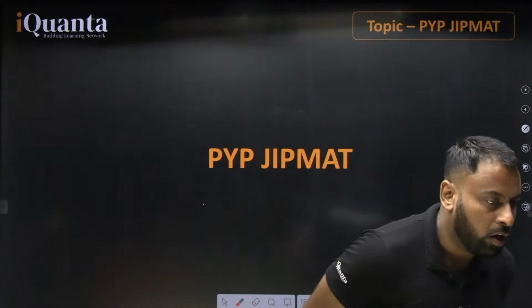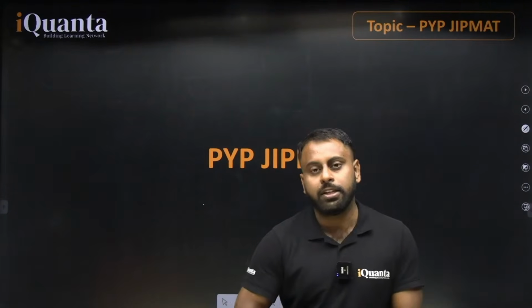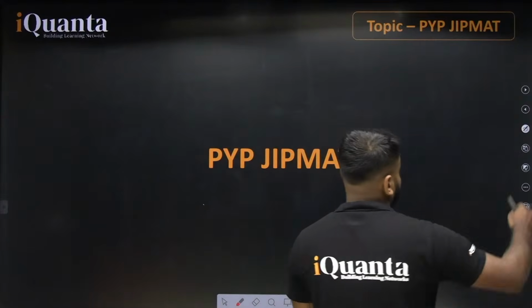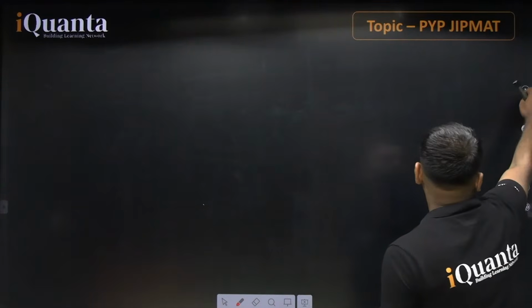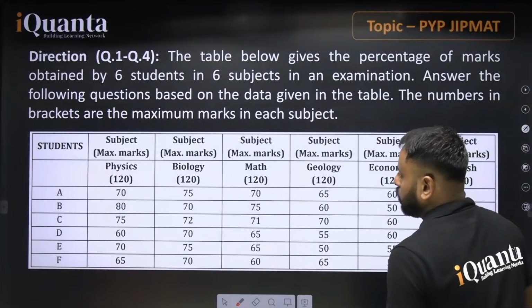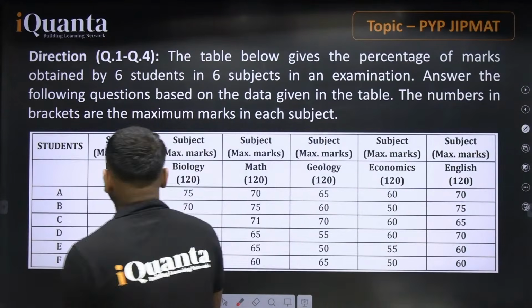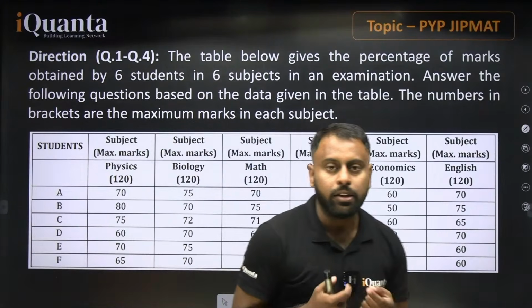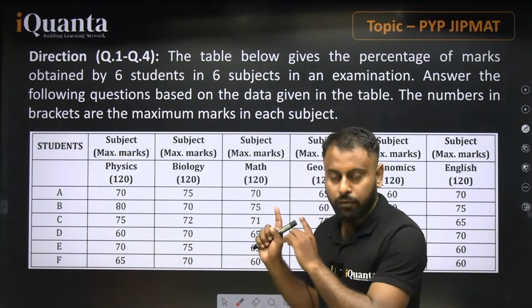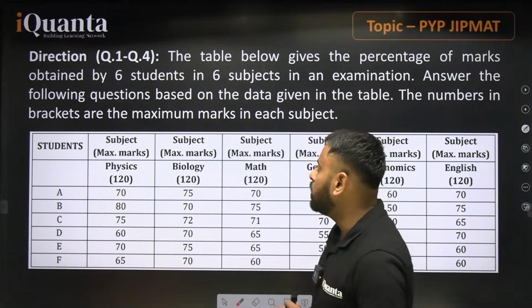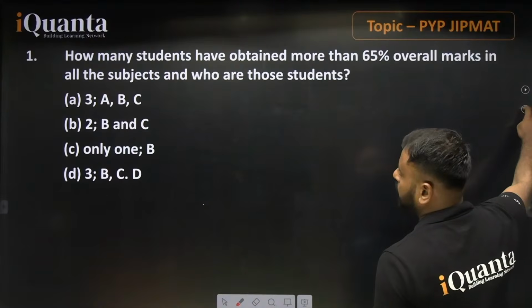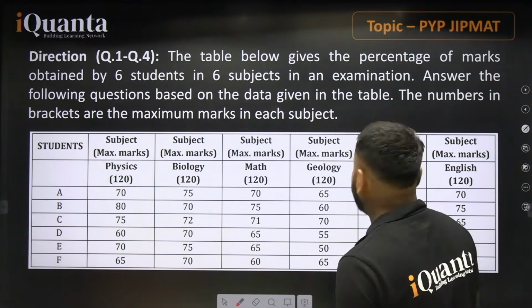All right. Perfect. So without wasting time, let's begin with the very first question from the JIPMAT paper that is in front of you currently. This first question is based on data interpretation. What is the technical thing you have to keep in mind with this particular question? Always remember that this portion is talking about this portion, how it will work out. See, if talking about the entire statement,